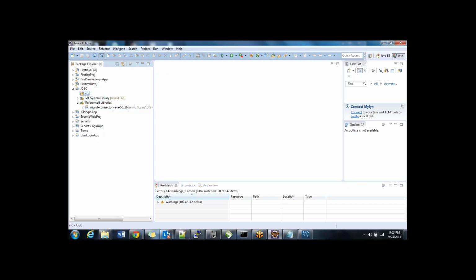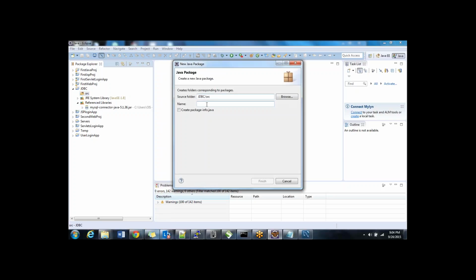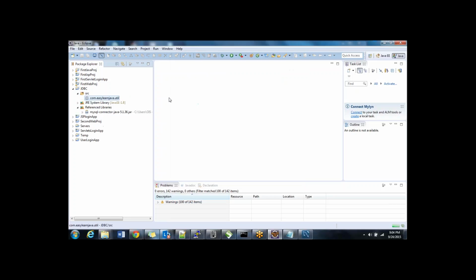Okay, now let me create a basic class so that I can connect to the database, talk to the database. So I say new package, and here I say com.easylearnjava.util. Okay, I have created a package called com.easylearnjava.util, and in this one, the first